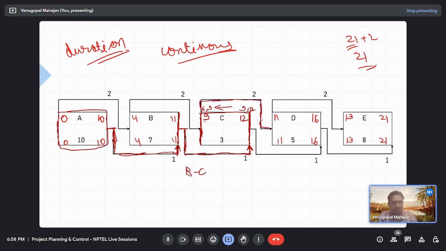So this is the anomaly, the anomalous nature, and can you guess why this happened? Okay, the answer is in front of you. Due to the relationship, that complementary relationship we get, finish to finish, start to start, as you said earlier. But the complementary relationship is also there for activity A, and activity A is critical. Also for activity B, but B is not critical. Then why did C become reverse critical?